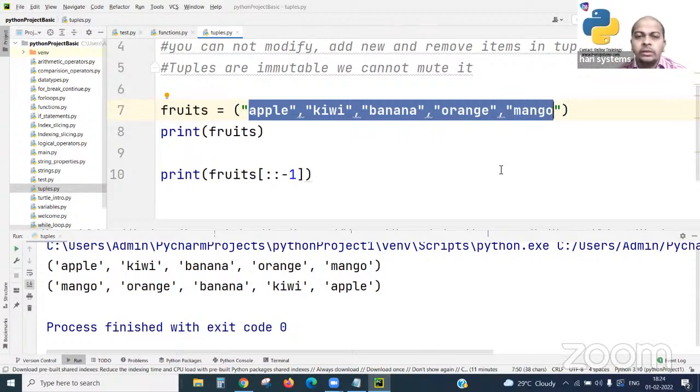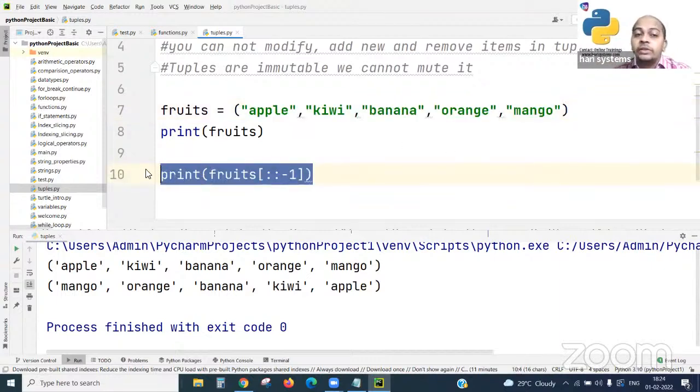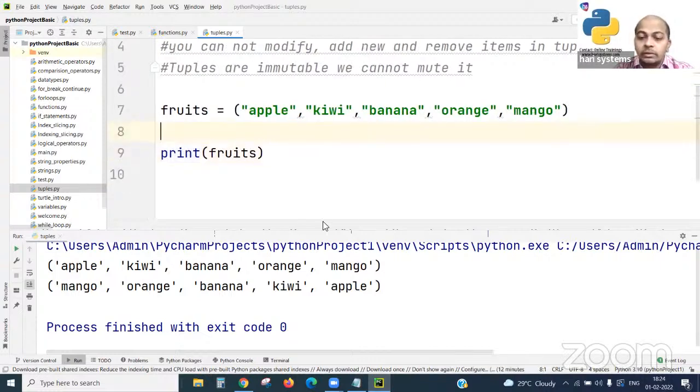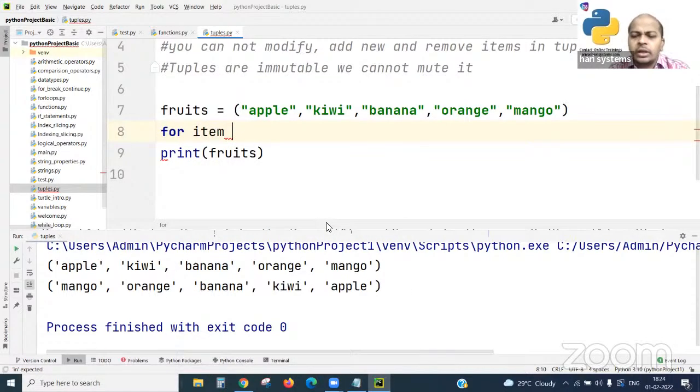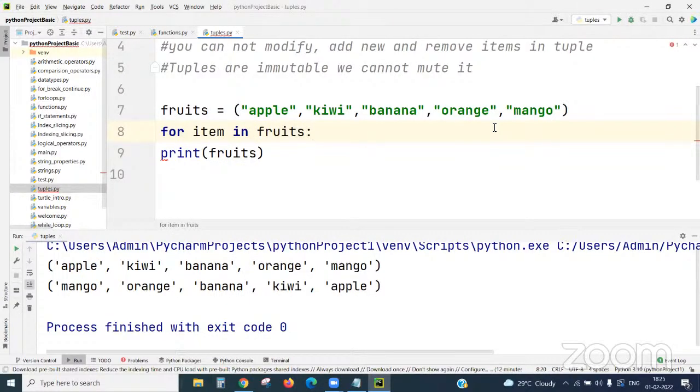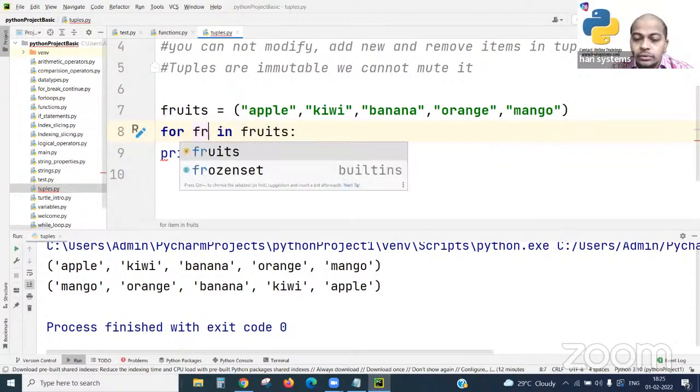If the requirement is there, you can put it. If not, and you want to take only a few items, you can take those. If your requirement is to compare something using if-else statements, that is also possible. How will you read it? Sorry, not the if-else statement, the for loop statement. For item, you may take item or fruit or anything. It's up to you: for item in fruits or fruit in fruits, but you should choose a nomenclature related to the items.